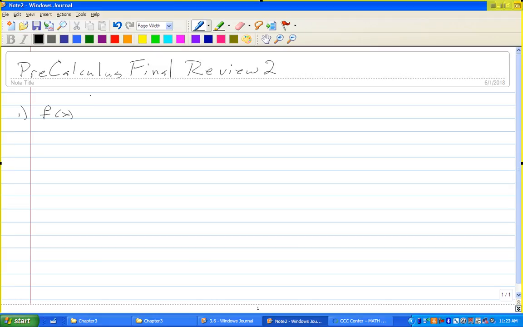F of x equals x squared plus x minus 10 over x squared minus x minus 14. Express the domain using interval notation. So this will be defined everywhere except